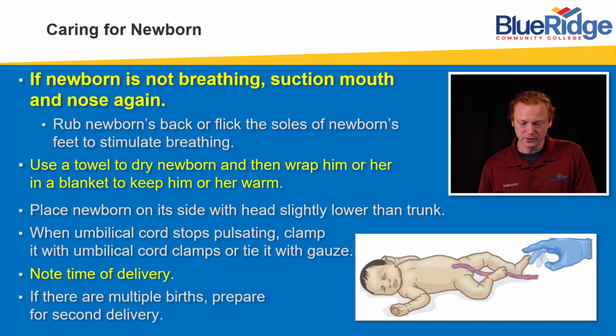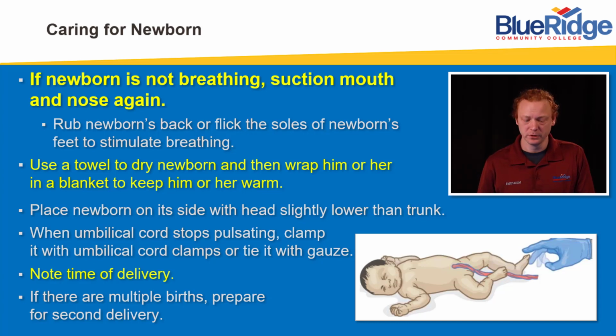Use a towel to dry the newborn, and then wrap the newborn in a blanket to keep him or her warm. Place the newborn on their side with their head slightly lower than the trunk to aid drainage of secretions from the airway. When the umbilical cord stops pulsating, clamp it with the clamps that are supplied in the OB kit, or tie them with gauze between the mother and the newborn. You want to leave 6 to 8 inches initially of that umbilical cord